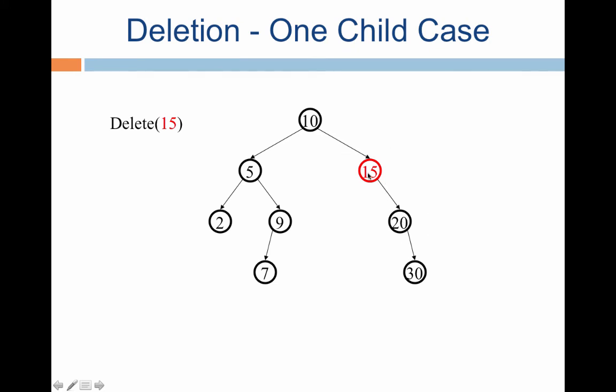After you have found the node that contains 15, you check that it has only one child. It has only a right subtree in this case. You take the right subtree and connect it to be the right child of the parent of 15. That's clear. The same is true if you had only a left subtree at 15. Maybe you had 14 and 13. All that you have to do is take 14 and 13 and connect it to the right subtree of 10. Delete would be done. Now let's come to the third case.